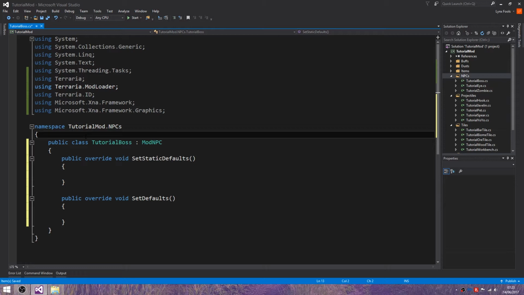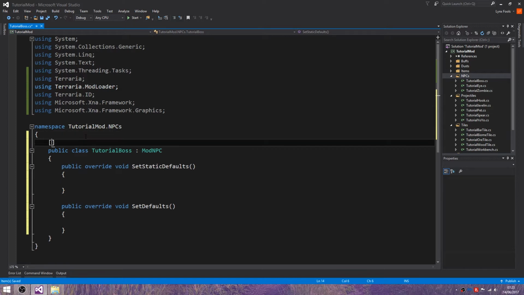So I'm just trying to find what you need, and we start off by doing AutoloadBossHead. I just had to check because I wasn't sure if it was that. It's that. Okay, we then need